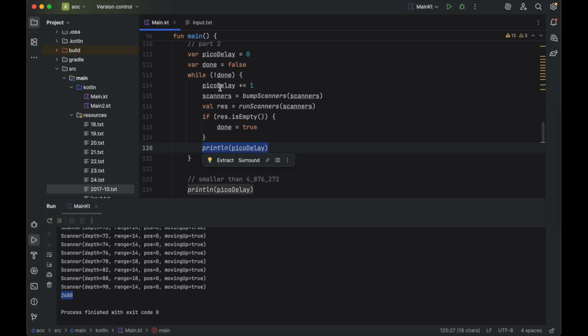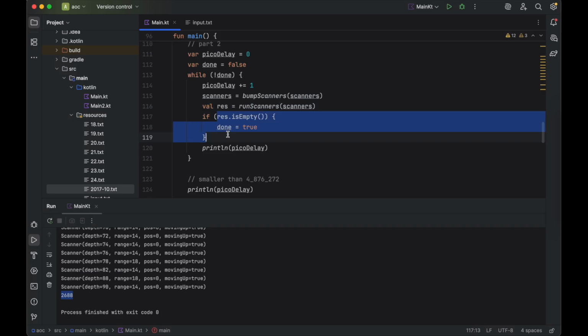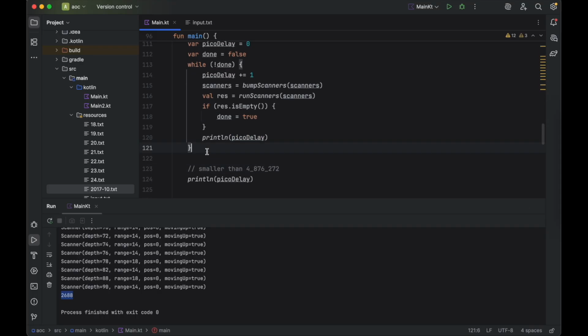So we continue with this loop. Then we increase the pico delay again, update the scanners one further, and then we run through the scanners again and check how often we're caught. If we're not caught, we're done. If we are caught, we're not done yet. Then we just do that until we're not caught, and then we know how many pico delays we have to wait